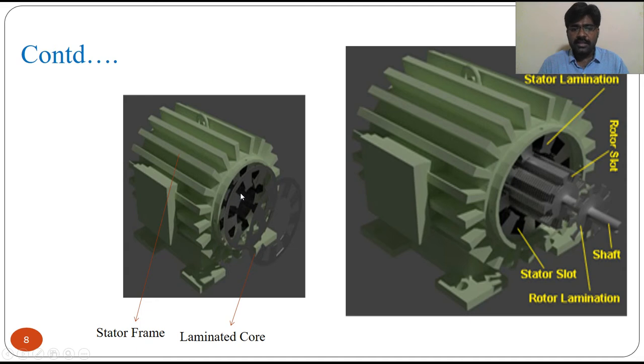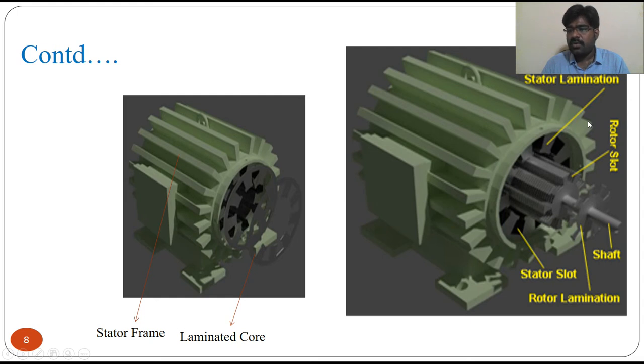Inside this we will have the stator lamination. Here one more picture is given for more clarity. These are the stator slots, these holes are the stator slots, and this is the shaft. This is made up of iron. On the shaft only the rotor is mounted, and the rotor is kept inside the stator. We will come to the rotor part later. As of now you just see how the rotor appears here.